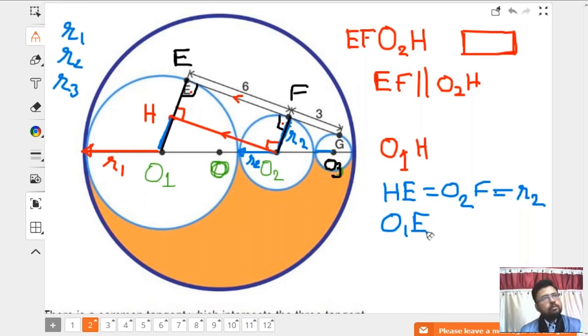Okay, this one. I'll use another color. Which color should I use? Green. Okay. O1E, can you see? It is the radius of that circle, which is R1. So O1E is equal to R1. Alright, now what is O1H? O1H, this part, the smaller part, is essentially O1E